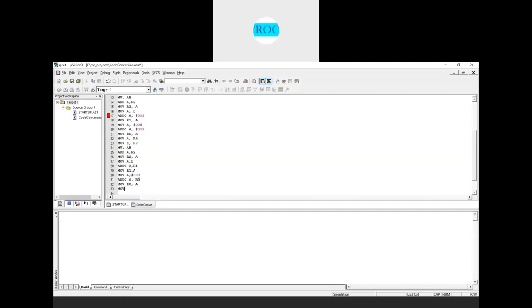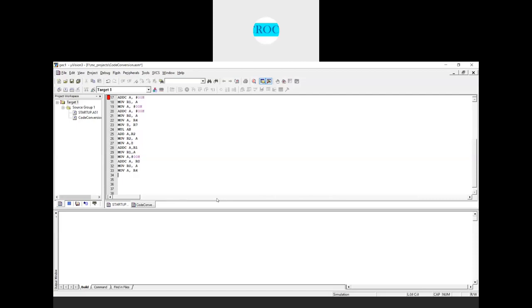Next I need to multiply the next one. Now we have stored the higher 8 bits in R0, the next 8 bits in R1, the next 8 bits in R2, and the lowest 8 bits in R3 here, so that we keep on adding the intermediate results in R2, R1 and R0 registers, right? Next 43 needs to be multiplied with 62. Move A comma, where the 43 is stored in R4 register.